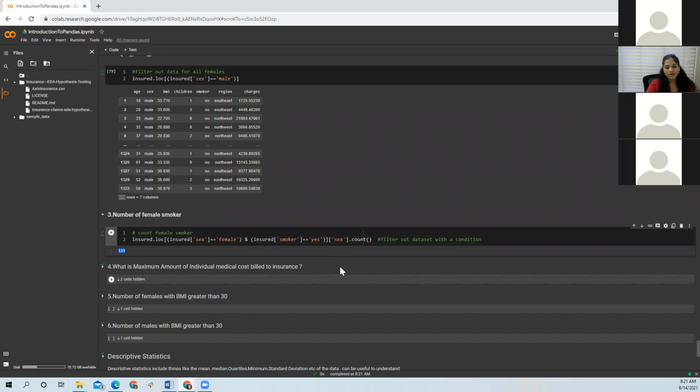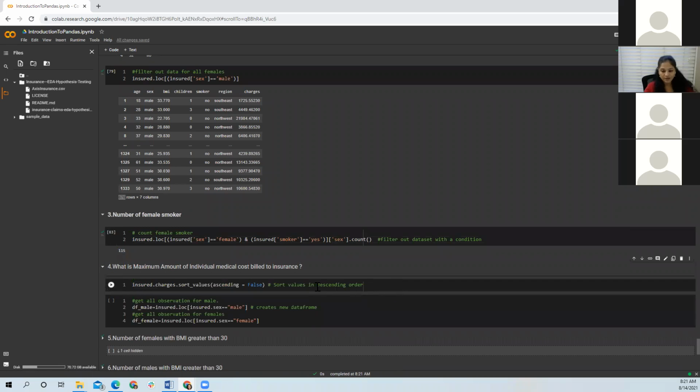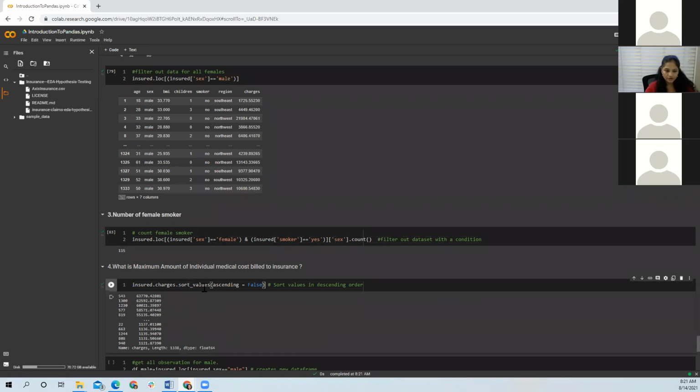Now let's find out what is the maximum amount of medical cost that was billed to the insurance. How am I doing that? I'm using this charges column, and then I'm sorting values, and I'm doing ascending equals to false. We learned about sort values above. So this is how you can use it. So now you see the maximum value that was charged is 63,770.